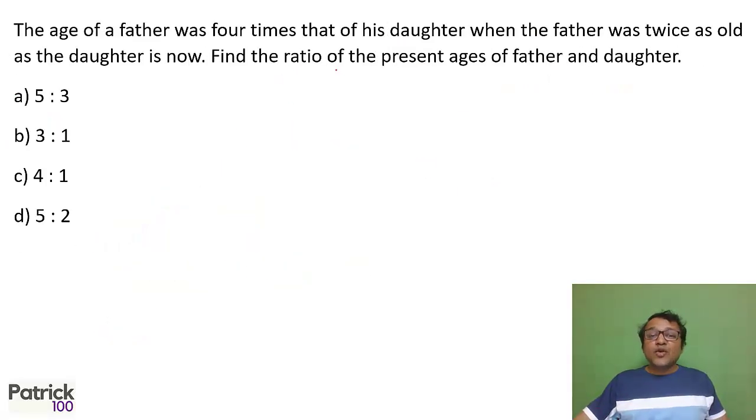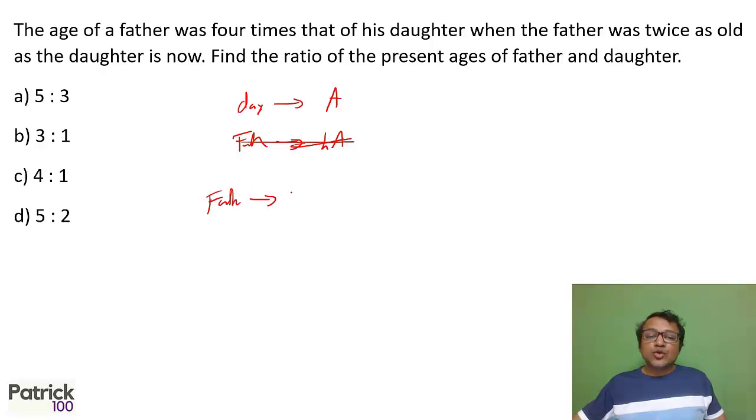The age of the father is 4 times that of his daughter. Let the daughter be A, so the father will be 4A. Okay, sorry, not now. The age of the father was 4 times the daughter's when the father was twice as old as the daughter is now. That means when the father was 2A,